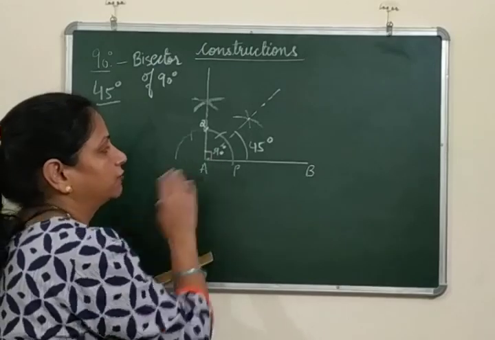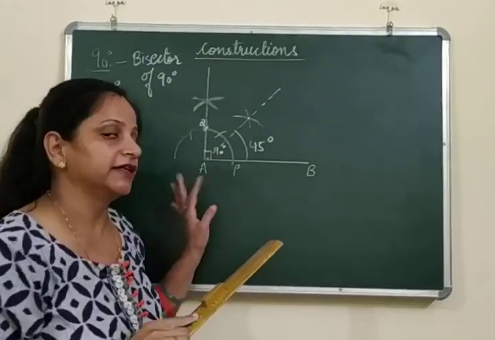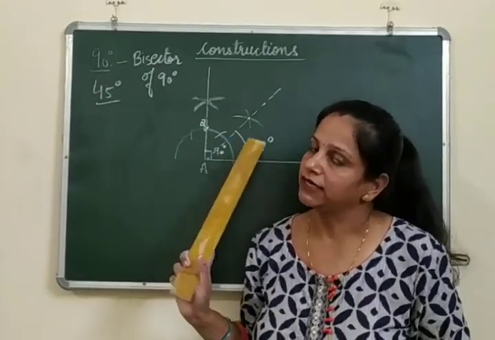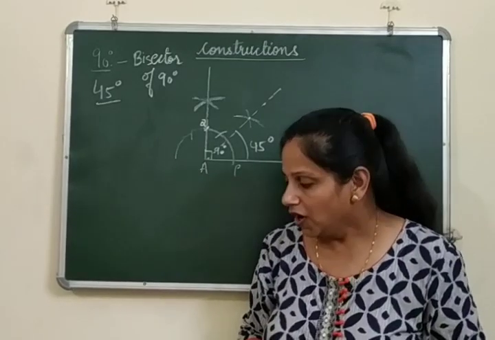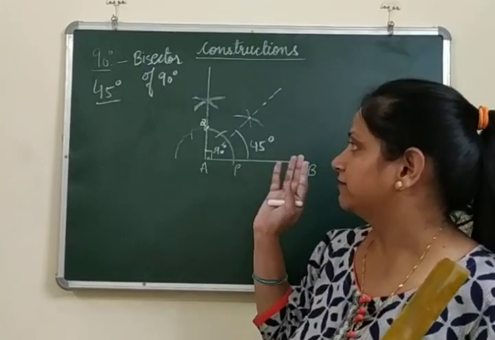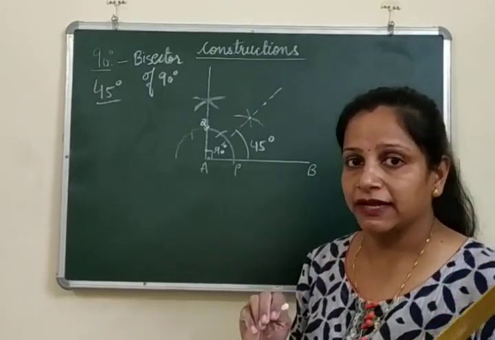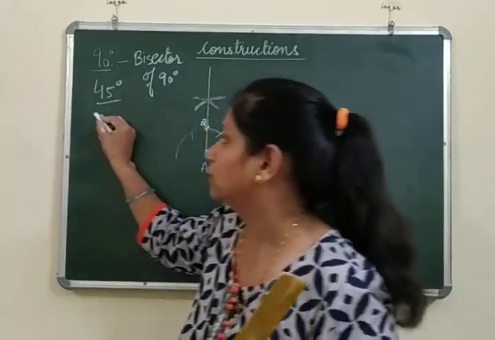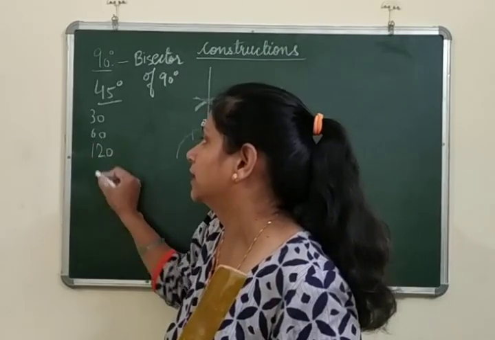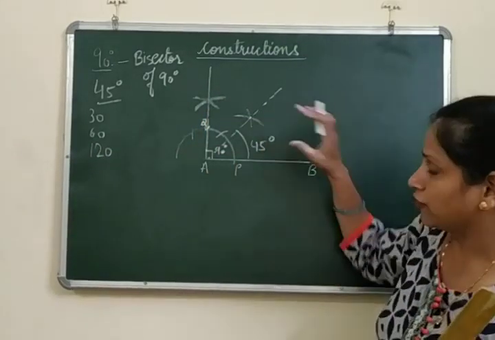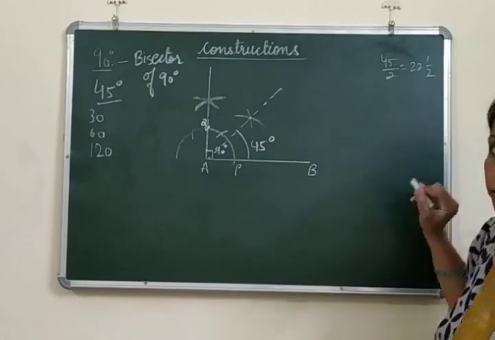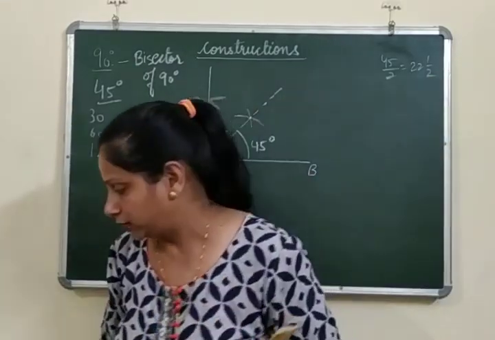So either we say that we have to draw the bisector of 90 degree, then we apply this procedure, or if we finally have to make an angle of 45 degree, then also we can do it this way, right? Okay, now basically we have done 90, 30, 60, 45, 120. Now there are many angles in between also, like for example, these two are done, 30 is done, 60 is done, then we have 120 degree also, right? Now after 45, what will be the half of 45? That will be 22 and a half, right? If we have to make 22 and a half, how will we make it?